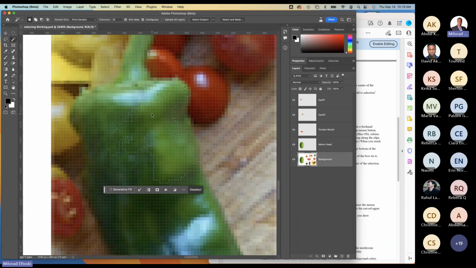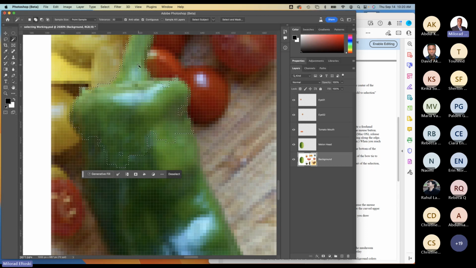I'm going to click on this pixel here, and notice how it selects these green variations. If I click here, it selects the lighter variations, the darker green variations, different variations here, right? So what you want to do is this. You can click on any green that you like, but if you hold Shift, Shift lets you add more to the selection. Now this looks very tedious, and you're probably thinking, am I going to do